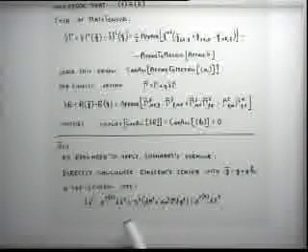The general case where I applied this expression is the static spherically symmetric general coordinate case, which has this line element here,